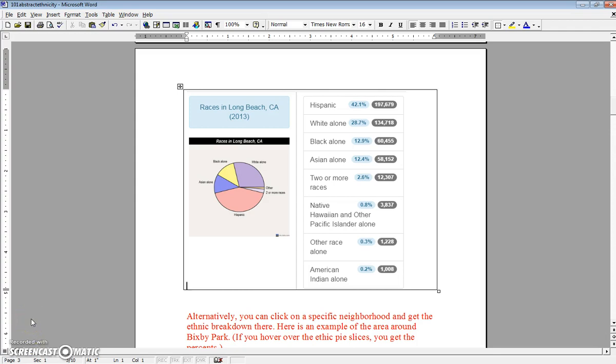In this case, the variable is ethnic breakdown in the city of Long Beach. And those are the norms. We know what the breakdown is citywide, and we're going to compare that to a specific sample of skaters at Bixby Park. And so let's go to